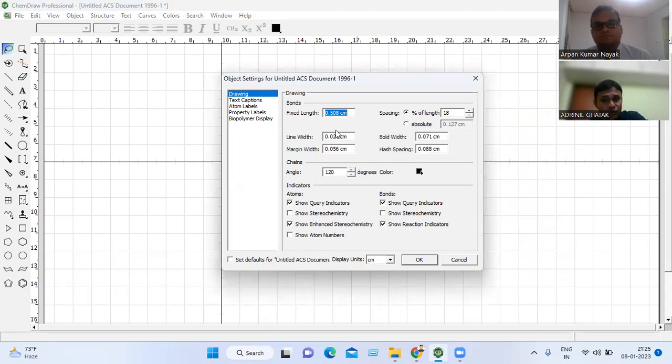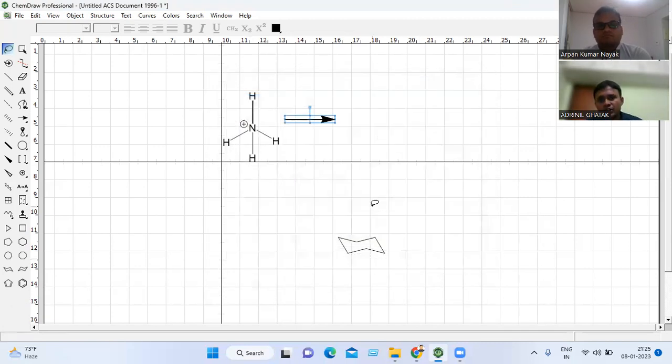I told you the system automatically gives you the options of 0.0 to 1 centimeter. Okay, and you can edit it. For example, I want 5.1. Okay, do it. You can see here now it has become a little bit thick. Yes. In this way, you can edit the bond, you can edit the arrow, or you can edit your structures,